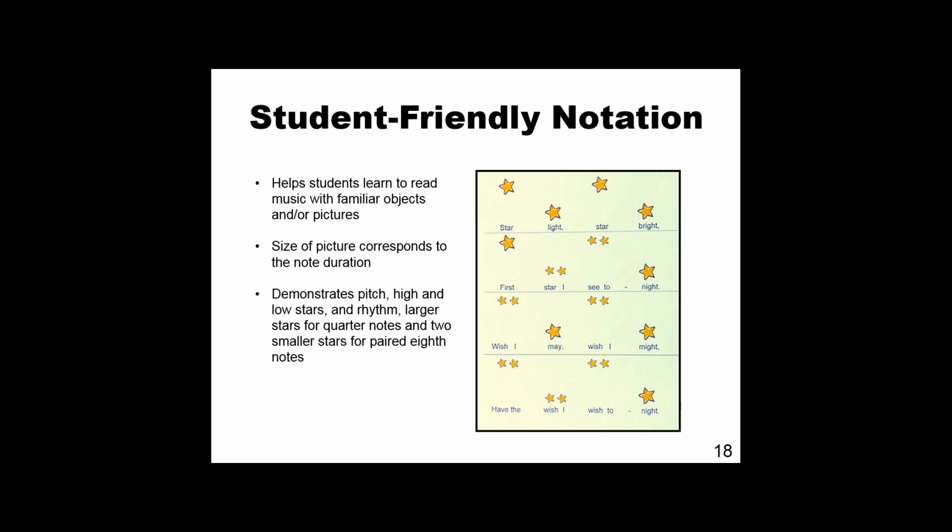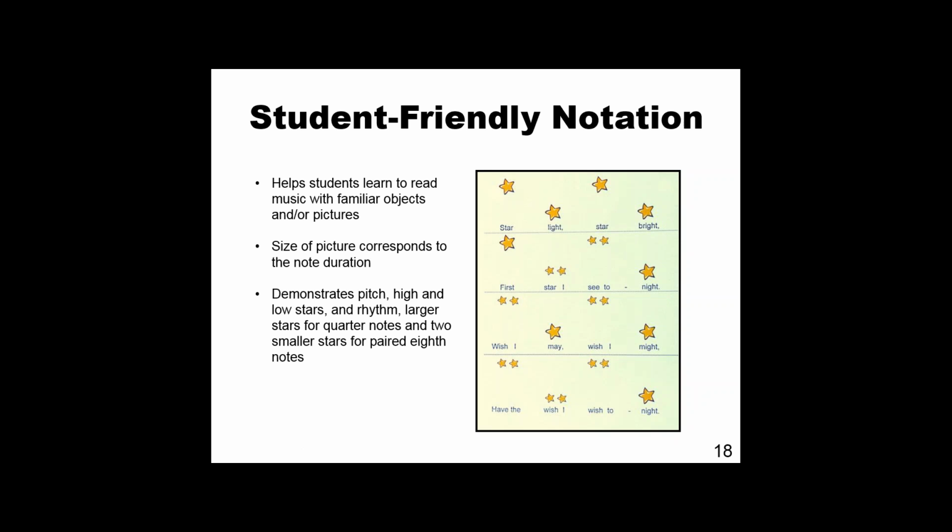And what I really do with my student-friendly notation is the students don't just look at this paper and read it. They take their finger, and this is the size I usually try to make the quarter note image, and they put their finger on top of the star so that they're actually tapping through on the stars, not down here at the words. And you can, of course, create the student-friendly notation without the words if you want. But I did this so that the students could just tap and put their finger while they sing starlight, star bright, and they're actually tapping while they go through.